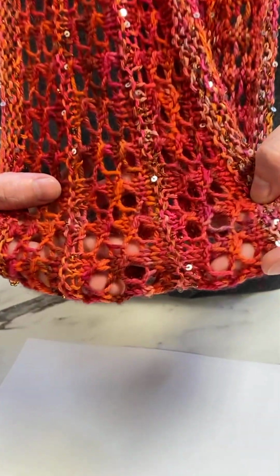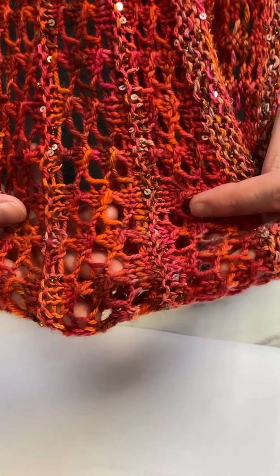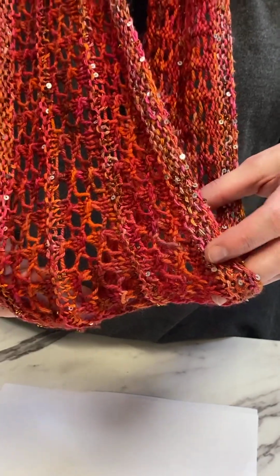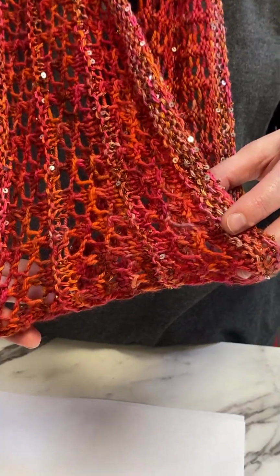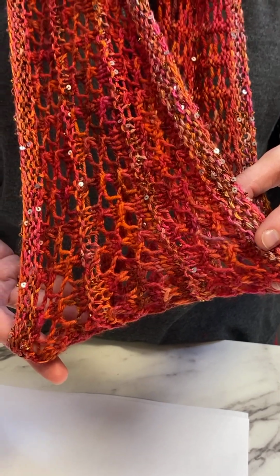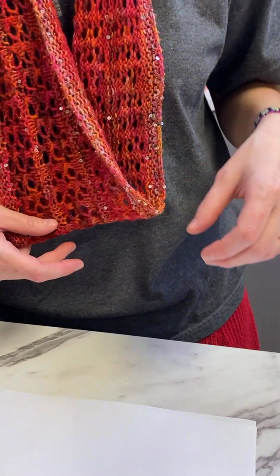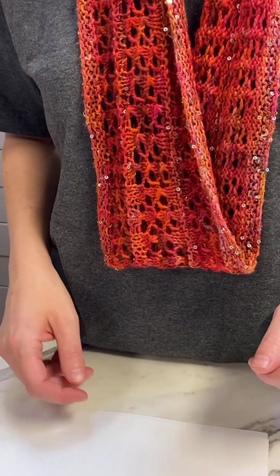Okay, so we'll move on to what we are wearing. I am wearing the Renouveau cowl, which is a really fun one with this leafy lace design with a little contrast color in between. This is merino cloud and beaded silk and sequins. You could easily get away with doing this one all in one yarn, or even those kits that we have from H&H that pair the two yarns together. We do still have some more of those that we had put together. That is the Renouveau cowl, and then I will take the camera from Karen